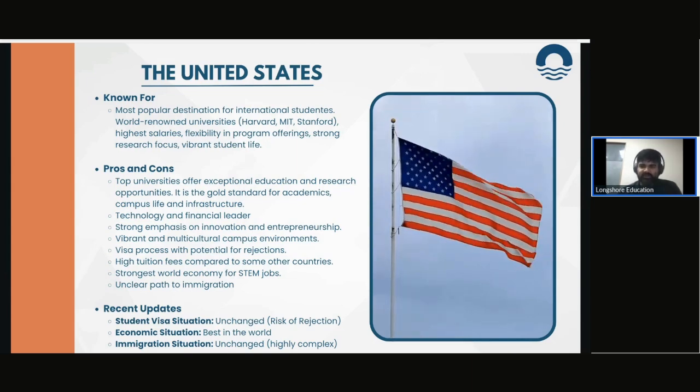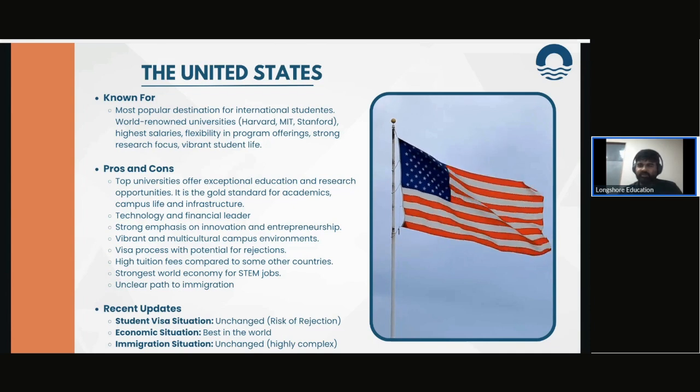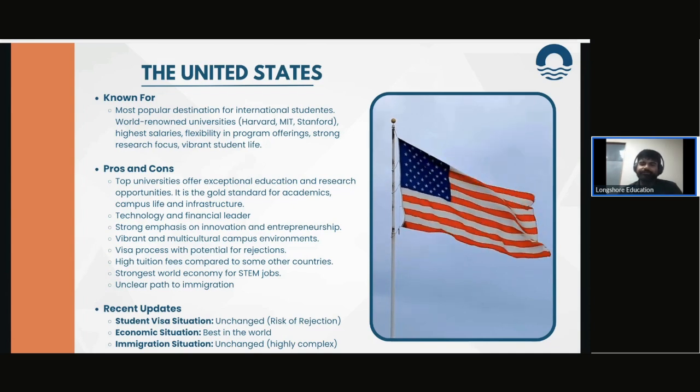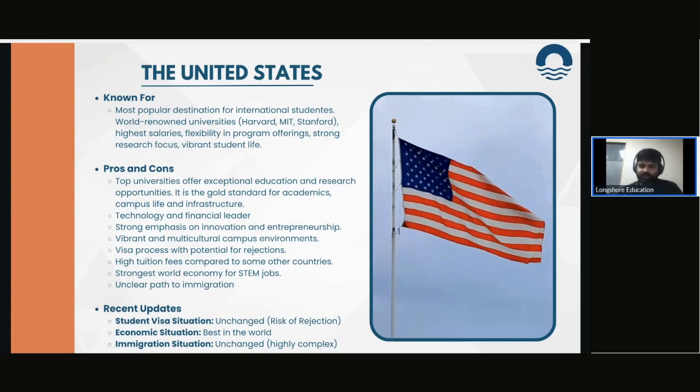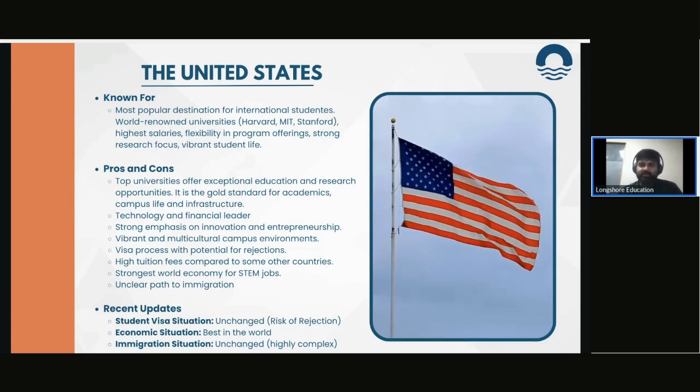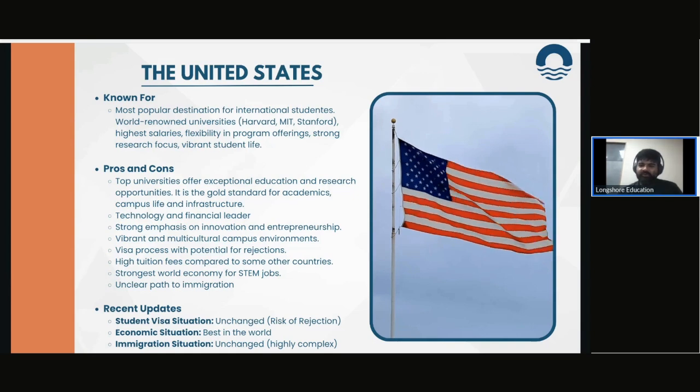I know all of you did not mention safety as part of it, but the gun violence in the US is something which definitely comes up during the process. So safety issues can be there, but it is important to consider the overall picture: it is a very, very safe environment on campuses. And just like everywhere, there are bad areas, especially in the bigger cities, that you should really be cautious about. So that is about the US.